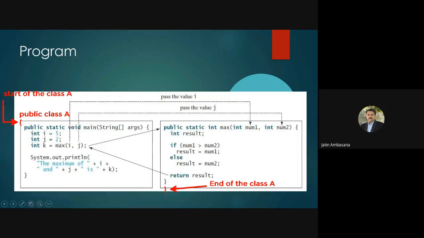So what happens is, inside this class A, we have this main method and this max method. 2 methods are there. How many methods do we have? 2 methods over here we have. Now tell me, what is the scope or visibility of these 2 methods? The modifier that we have put over here is basically what?